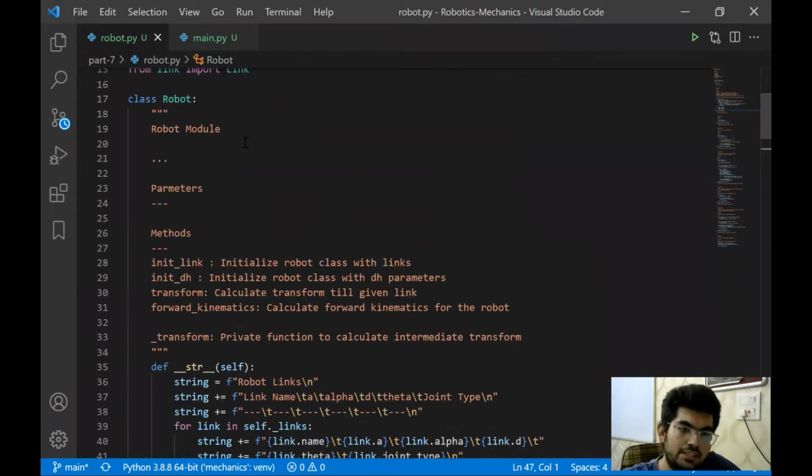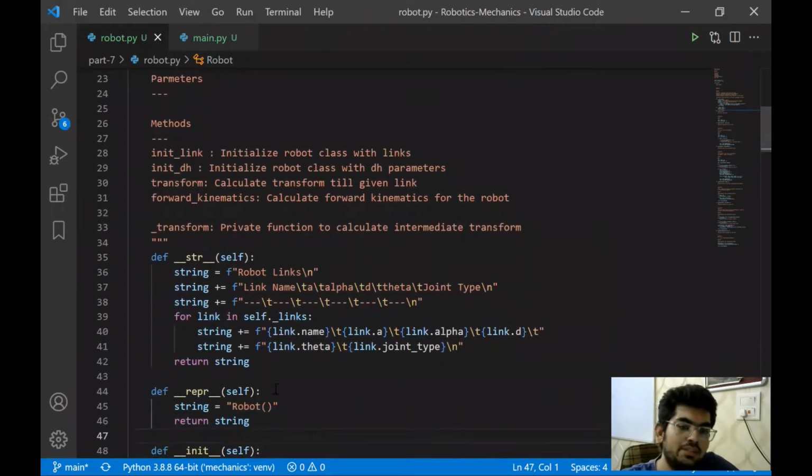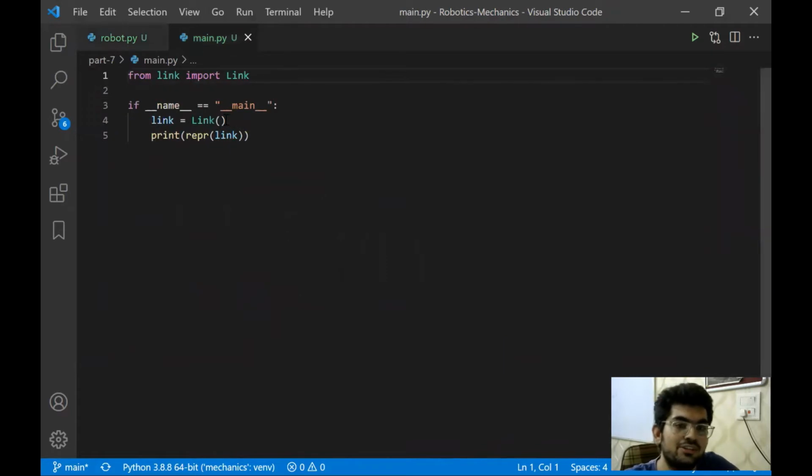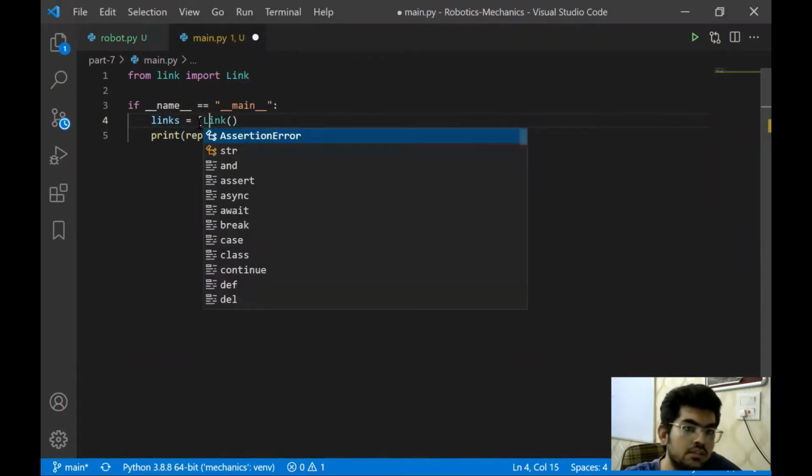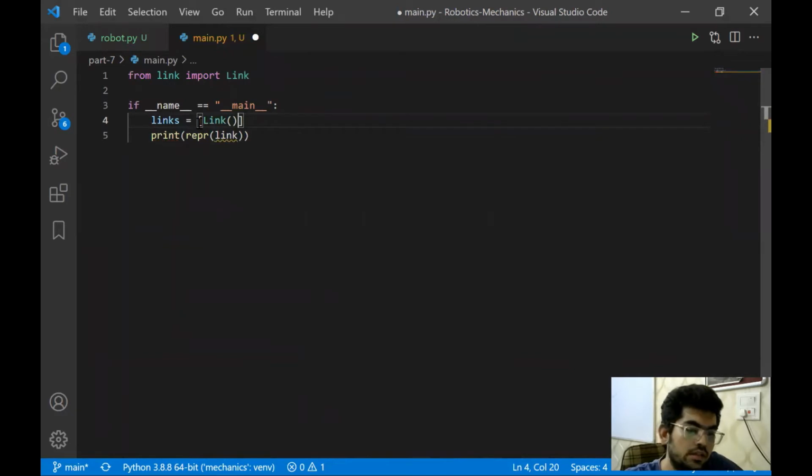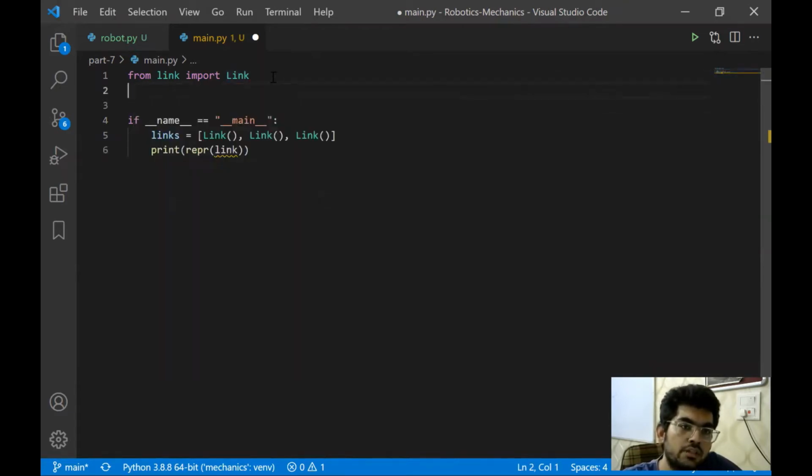Let's first test the string representation. It's just simple, but let's see how the string function is performing, like what its output is. I think what we can do is we are going to have links, and I'll just add 3 links and we're then going to make a robot.